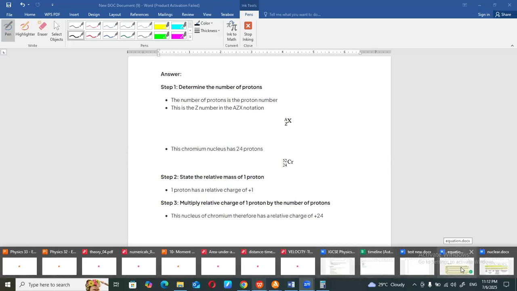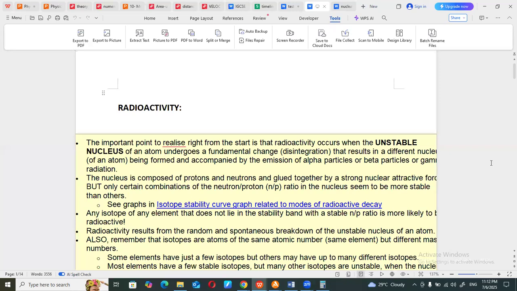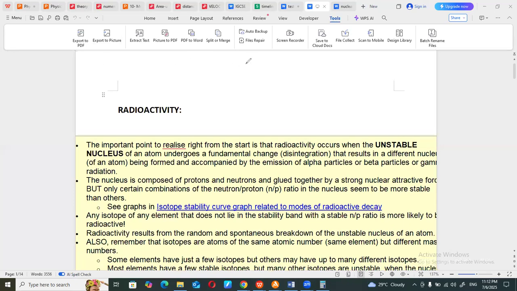Okay, so here is the next topic, which is radioactivity, and that is a part of the chapter. Now, what exactly is radioactivity? Now, this is very interesting. When you say radioactivity, remember two things which are very, very important. As the name suggests, most of the time it's seen